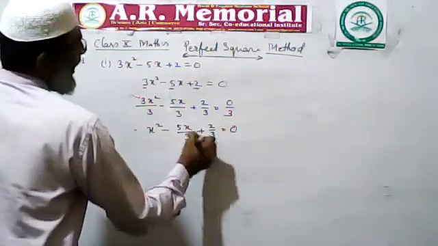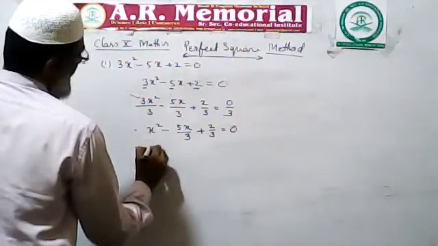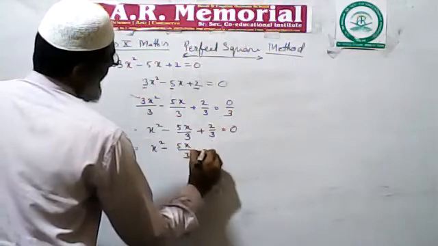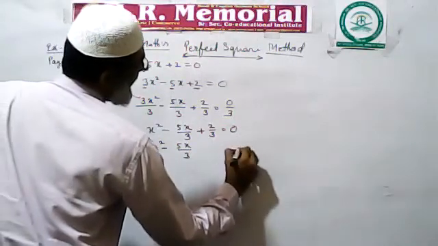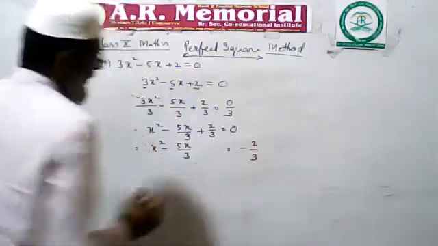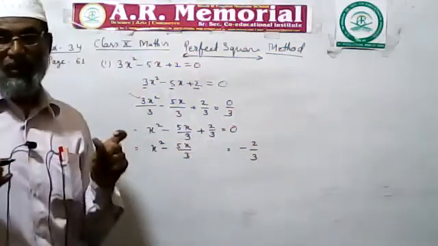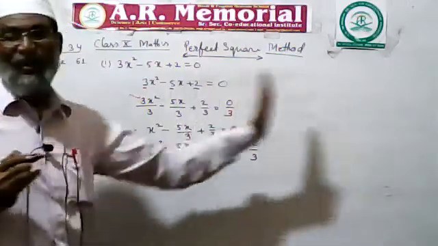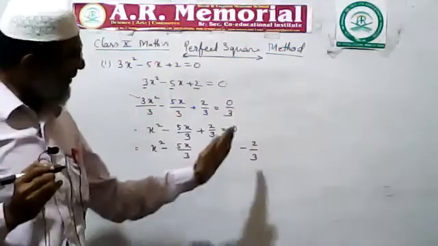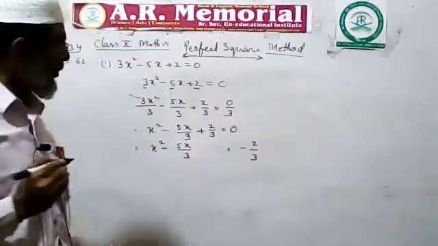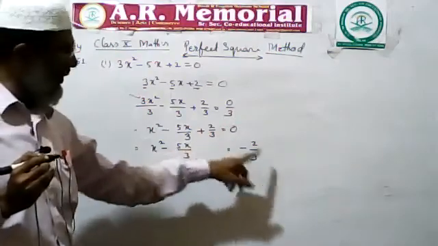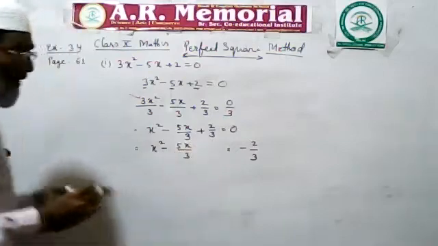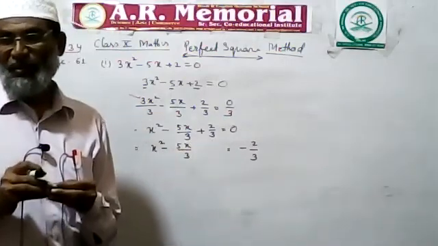This number we also put on that side. So here it will come x square minus 5x upon 3 equals minus 2 upon 3. Sir, what happened? These numerical terms, not algebraic terms, I will shift to the right-hand side. So here it is positive, and here it is negative. Sir, what special can we do? Now I want to add a new term. Sir, how do we consider it?